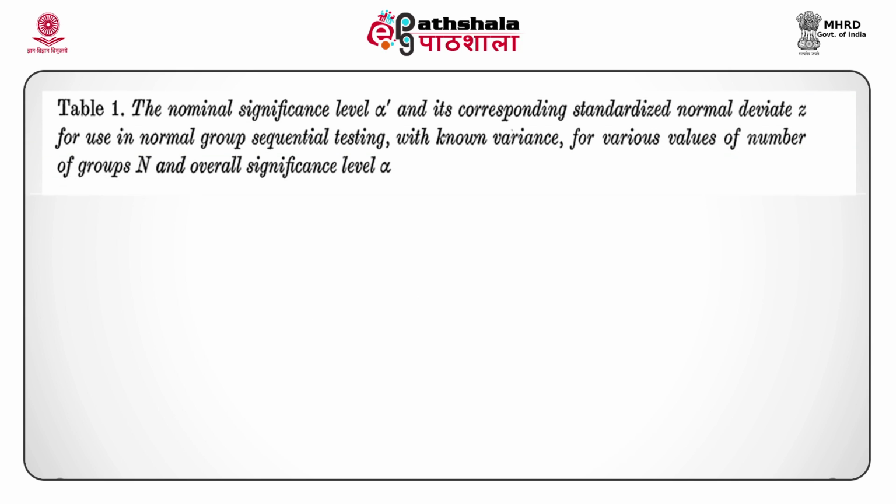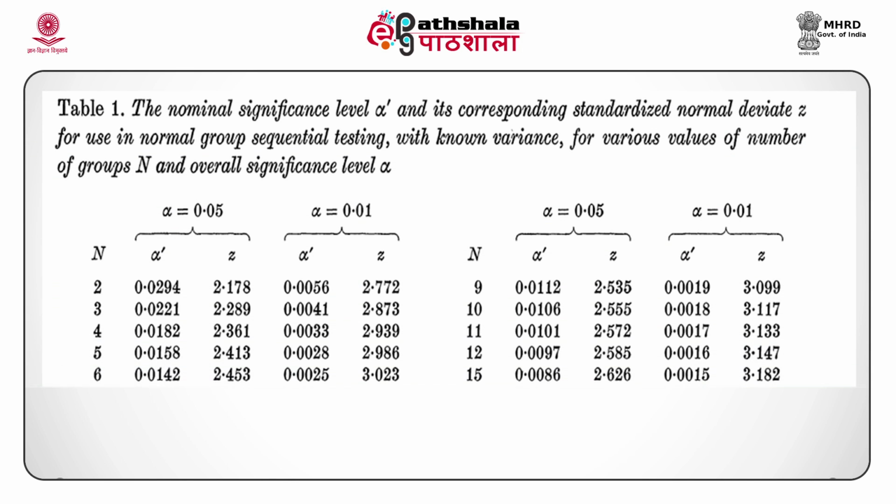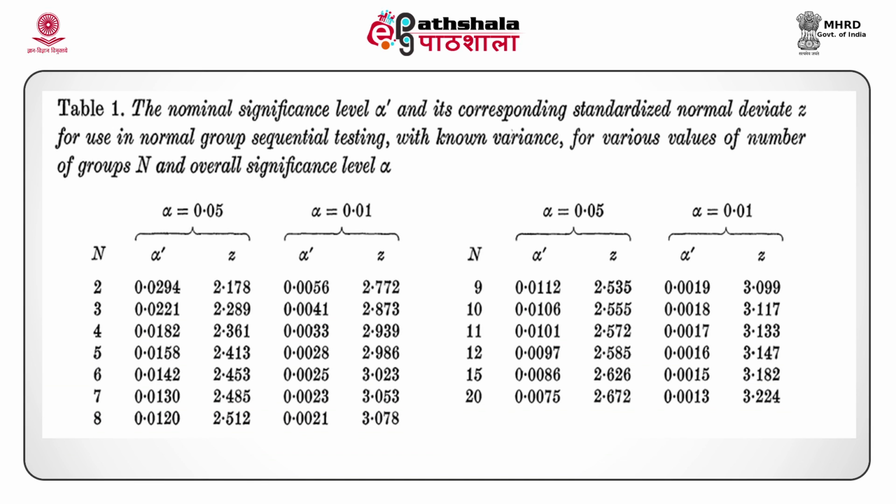In Table 1, we look at the nominal significance level and its corresponding standardized normal deviate for use in group sequential testing, where we have known variances, for various choices of capital N and overall significance level alpha. This table shows the value of alpha prime, the nominal significance level, and its corresponding standardized normal deviate for alpha equal to 0.05 or 0.01 and capital N in the range of 2 to 20. Note that for alpha equal to 0.05, N equal to 11, the nominal significance level alpha dashed is equal to